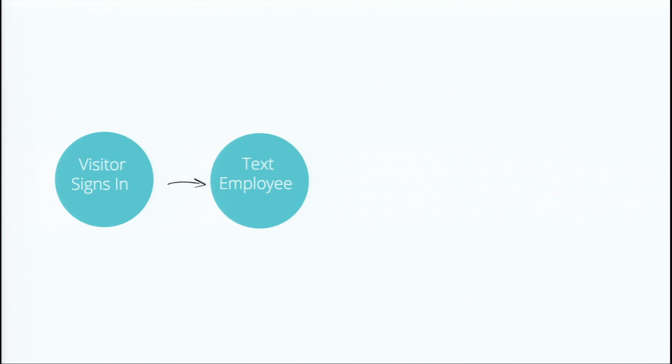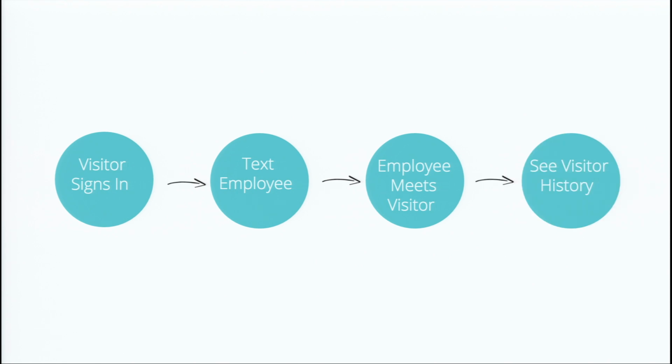Text an employee. So when we have an app, we don't need to make the person at the front desk stop what they're doing and go look up the employee and find their number in the directory. That is a complete waste of time. So instead, we could have our app notify the employee right away. You come in, you say, I'm meeting with Dylan, and then it texts Dylan right away so he knows to come out. He comes out faster, it's more efficient, less time is being wasted.